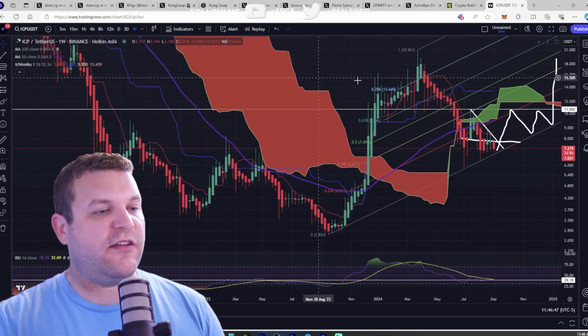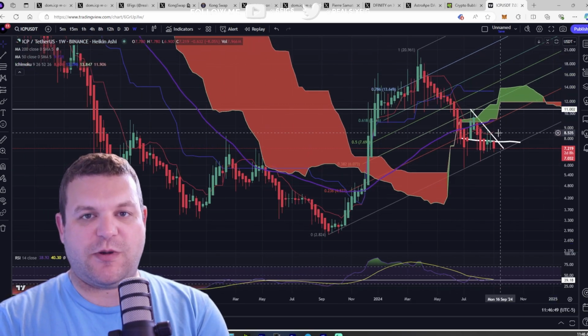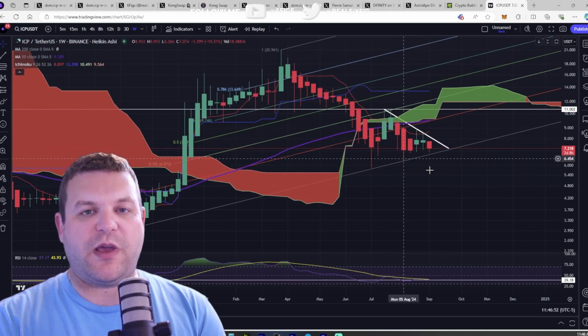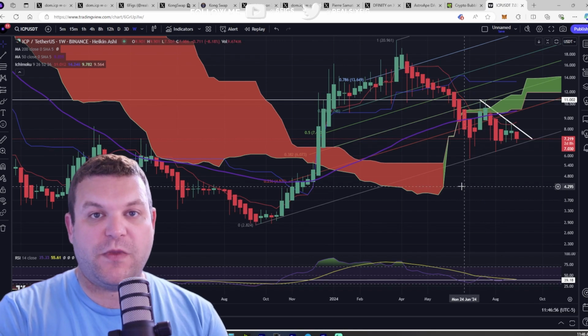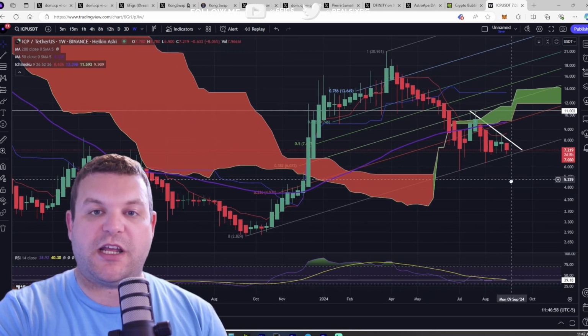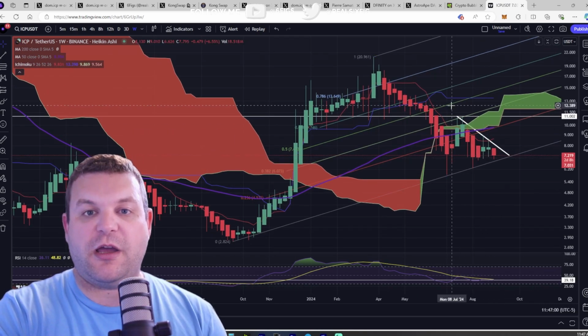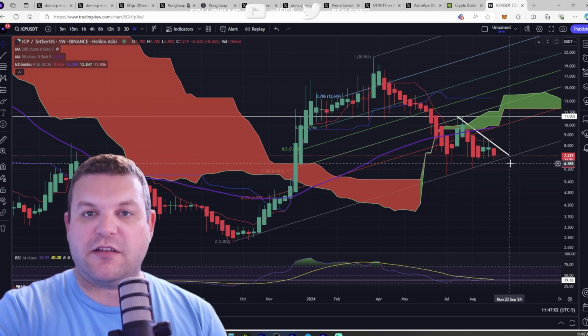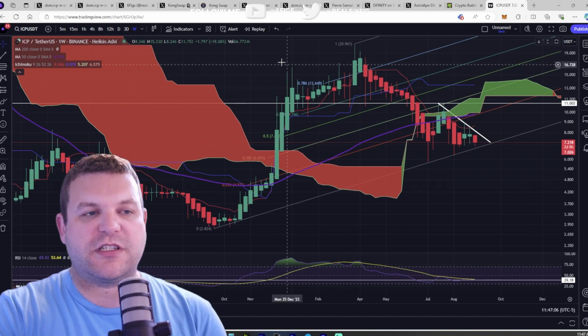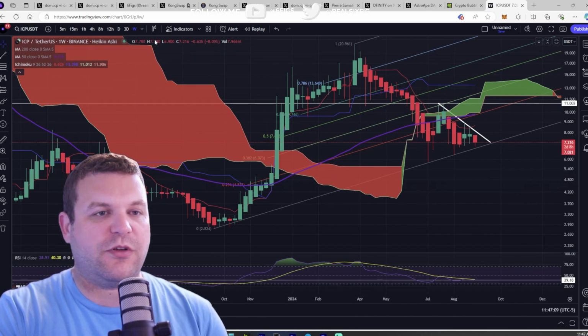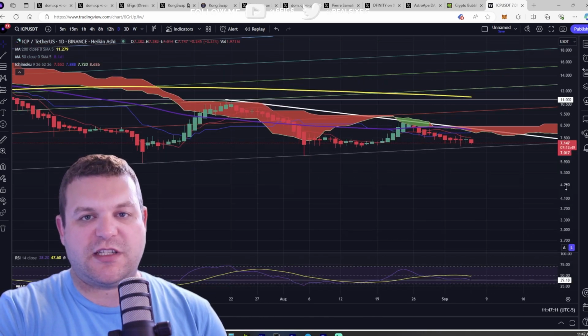Now, I'm going to go ahead and just delete some of these squiggly lines so you can get a better understanding of what it is that I am actually talking about. So we have what is called a Fibonacci channel that I have drawn up. We've got a symmetrical triangle squeeze, folks. This is a continuation pattern or a reversal pattern. Weekly chart we have pulled up right now. We're going to switch over to the daily.